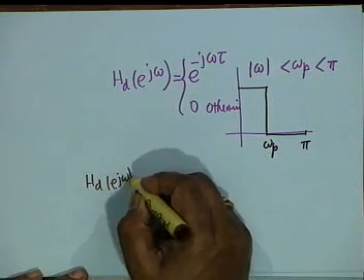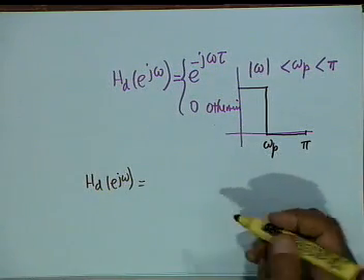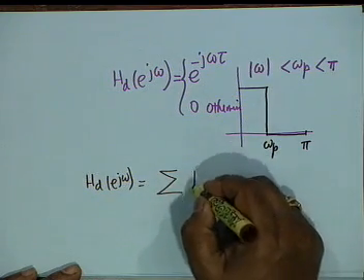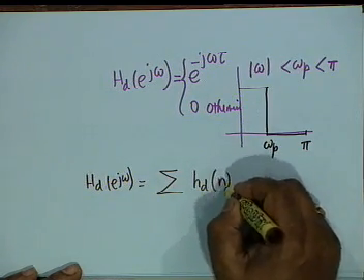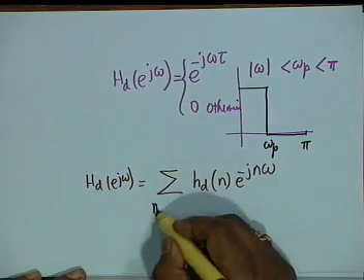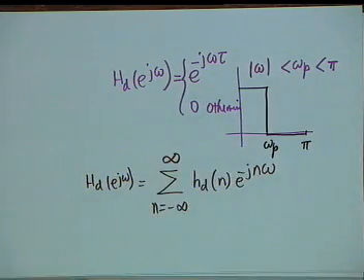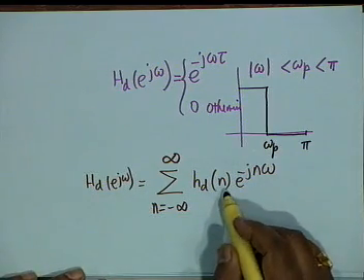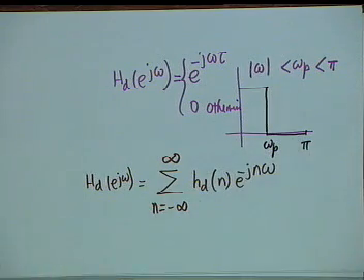That is why the whole procedure is semi-analytical. So, what we do is we expand H_d(e^{jω}) in Fourier series. And in general the Fourier series is the summation of h_d[n] e^{-jnω}, n equal to minus infinity to plus infinity. In general, this is the story. Fourier series has an infinite number of terms. Since an infinite number of terms gives rise to an IIR filter, h_d[n] becomes of infinite length, minus infinity to plus infinity.